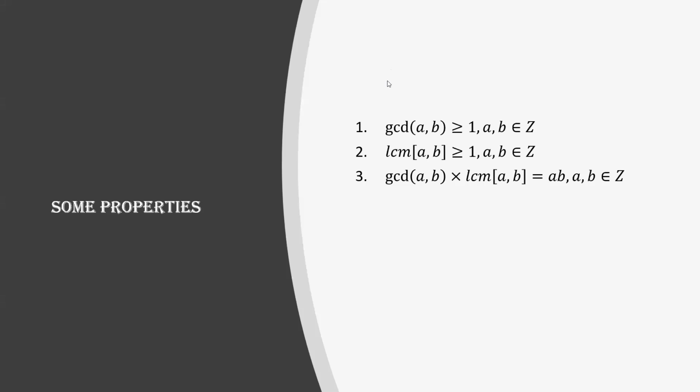I have actually divided this question into three parts. So the first part is if A and B are primes, then their GCD would be 1 and their LCM would be A into B. Very good. So the first case is proved. Then the second case is where A is the GCD of A and B, meaning B is the multiple of A. Correct. So in that case also we can prove it easily. And in the third case, I have taken it as if A and B have some GCD, which is P.